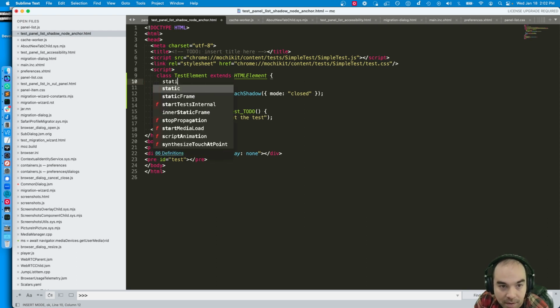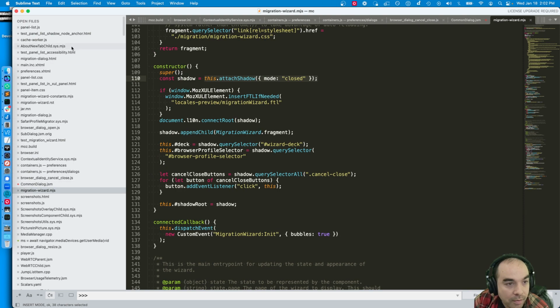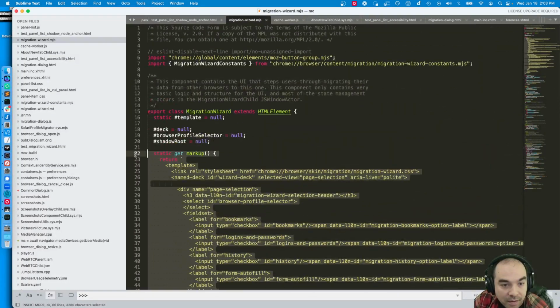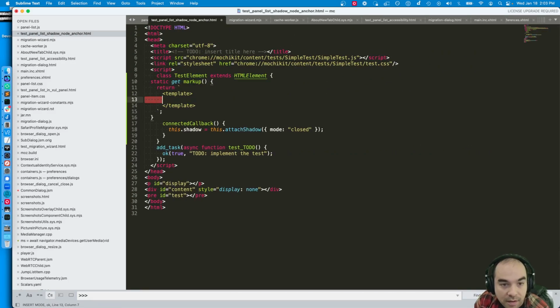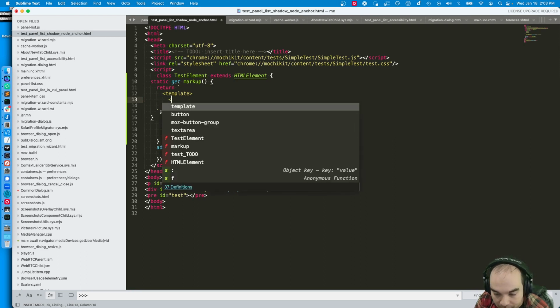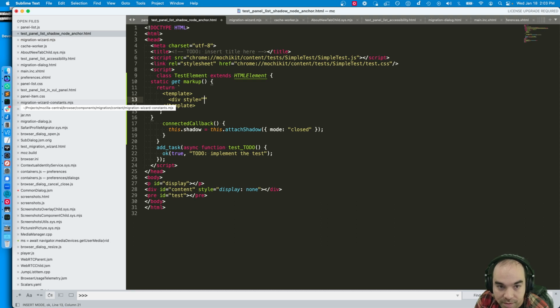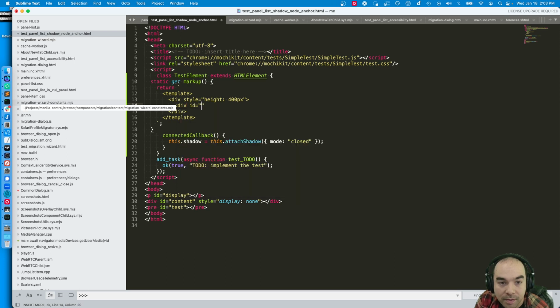Here, I'm just trying to do something minimal. Static markup. Migration wizard. Here, we'll use this as kind of like our template. Something much simpler than this. So instead of all of this, we're going to say you get div style equals height 400px, and then div id equals anchor, or I'm going to say button id equals anchor,